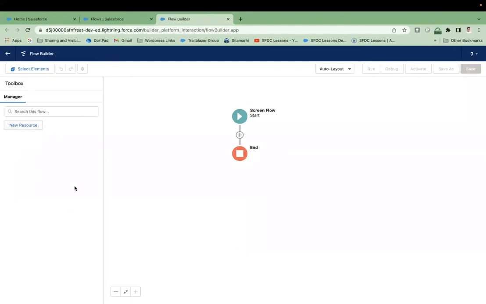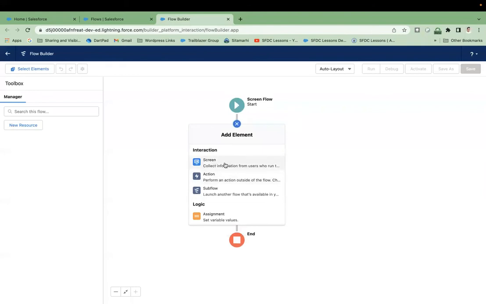Okay. Now what I'm going to do is create a screen flow to take the input from the user and create a new contact record in the system. Okay, so I will take first name, last name, email and phone number from the user, and then we'll create the new contact record. Okay. So for that, you have to click on this little icon. Okay, and then you need to select screen flow. Okay, here we have